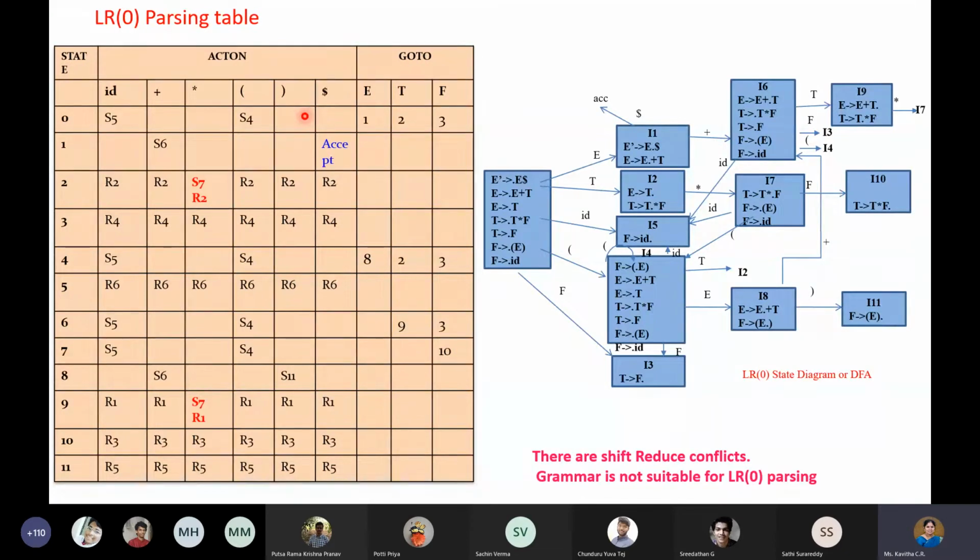Okay, it is a syntax error. It means at state number 0 I will never encounter a symbol like plus, so that's why it is an error. Similarly at state number 1 I will never encounter an open parenthesis, that's what it means. So at any state, if it is a blank entry, that situation cannot occur according to our syntax. So that is the meaning.